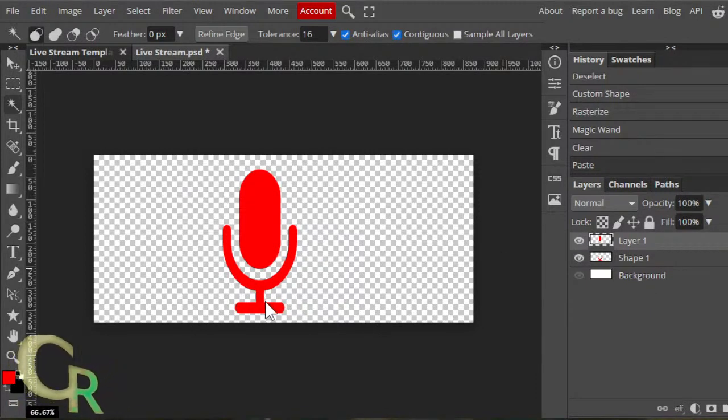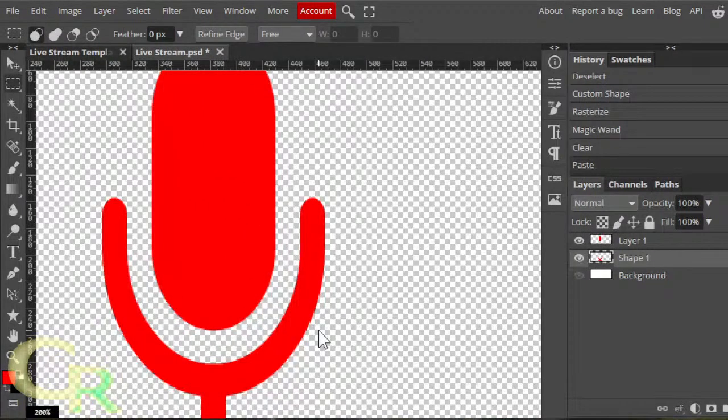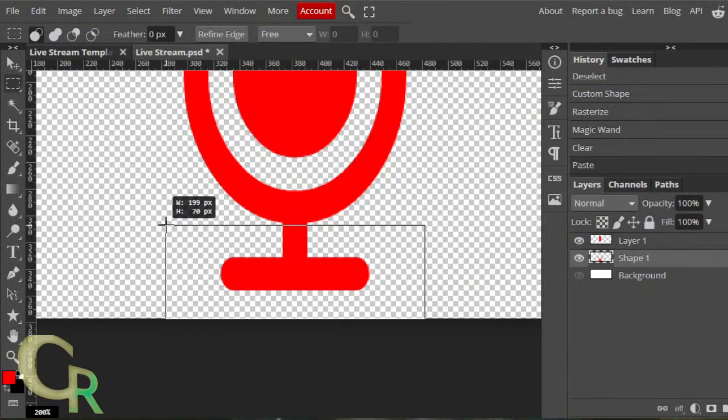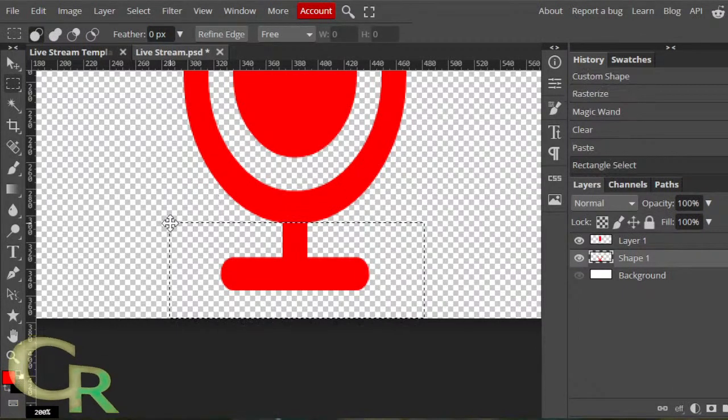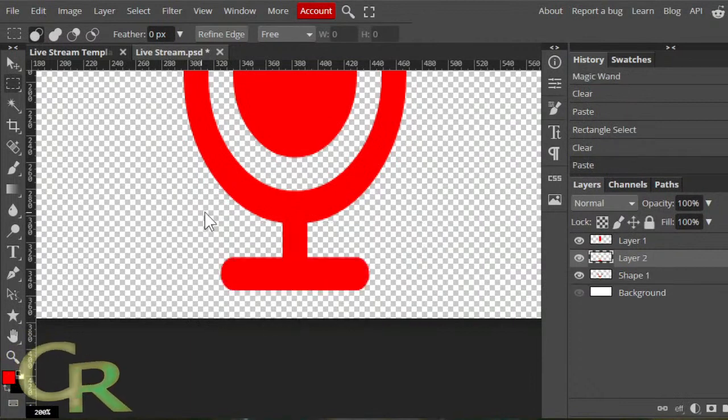And the stand right here, that's what I've got to deal with too. So selecting on my original one, zooming in with Control plus, panning to the bottom, selecting the rectangular select, just enough to right about there. Control X, Control V, it'll paste it as a new layer.